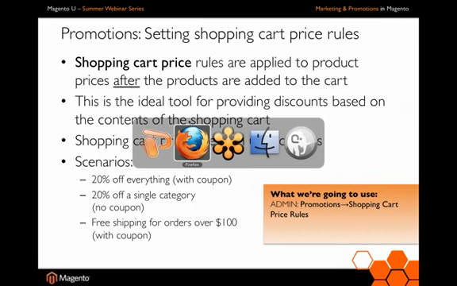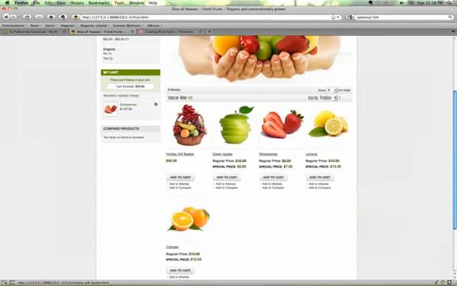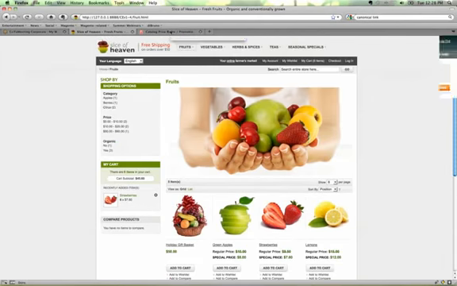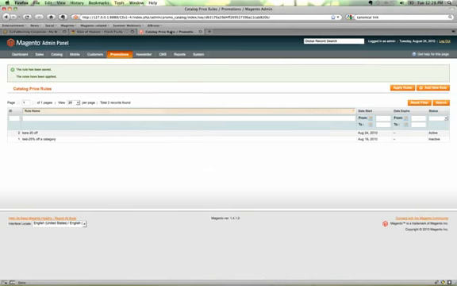So if we look at what that might look like, let's just go ahead and build just one or two. So if we go into shopping cart price rules in the promotion menu,